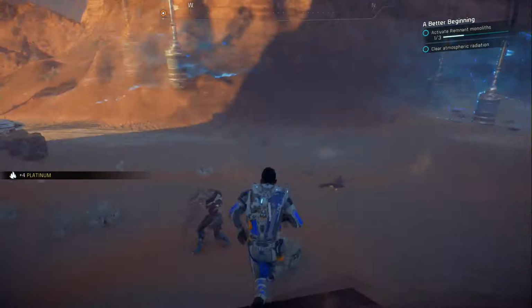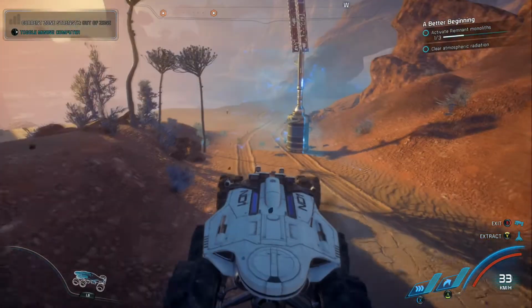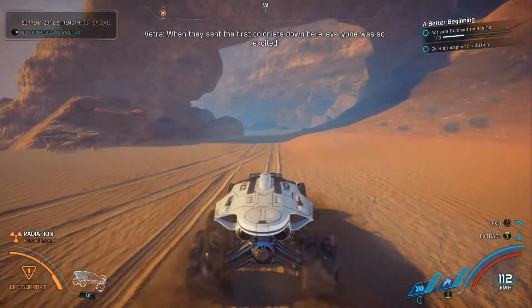There we go. Get some platinum. You don't get very much platinum or fluoride or anything from those things, but it's still a little bit. I think finding all the dead bodies might be a side mission or something. But anyway, like I was saying, when they sent the first colonists down here, right,